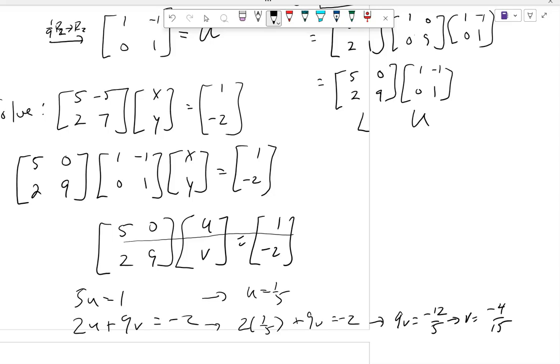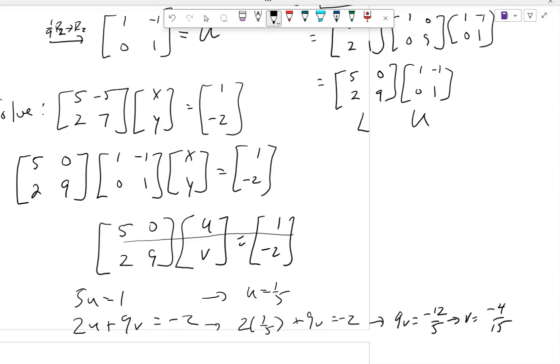I should have paid a little more attention to my numbers, but it's okay. So far, so good. This looks like the back substitution stuff that we did before, right? We're just doing it in the forward direction. Okay? But U and V isn't what I wanted. X and Y is what I wanted, right? What did I let equal U and V? Well, whatever the first thing for this one was and the first thing for this one was when I multiplied,